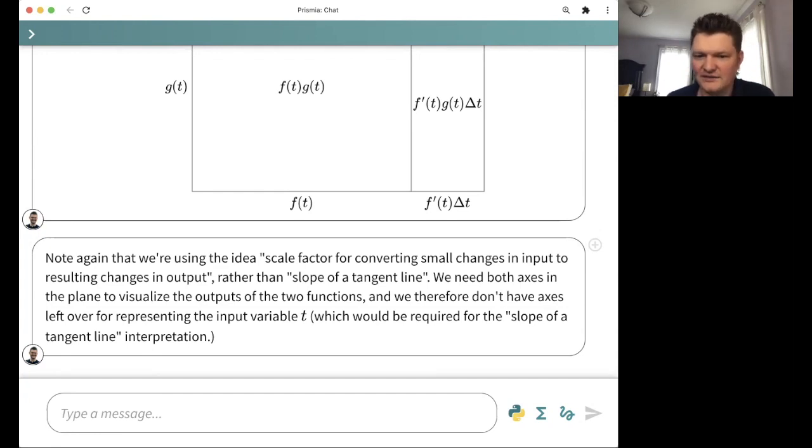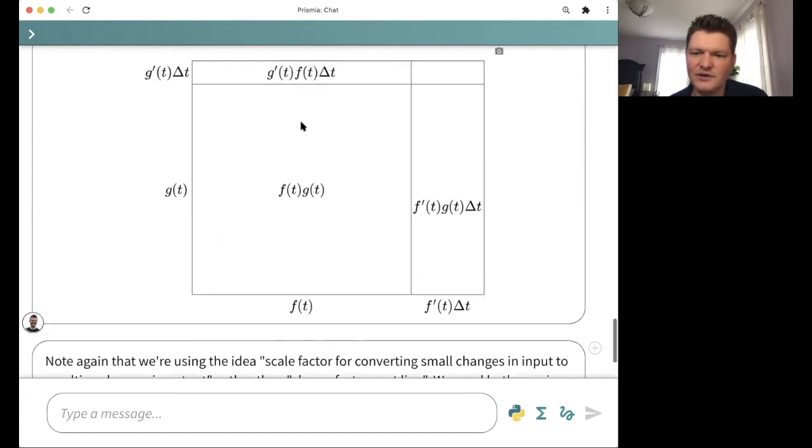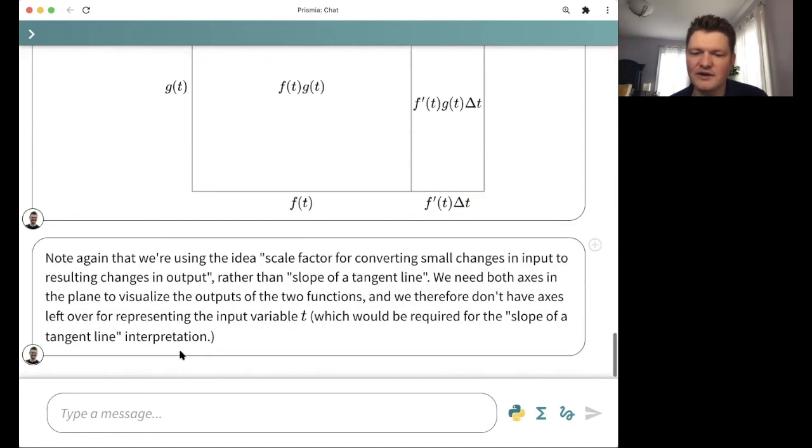If you're plotting these functions f and g and trying to plot their product, you're not going to be able to see what's geometrically useful about this picture. We had to co-opt both axes here to plot actual output values of the function, and that left nothing over to plot input values. But that's fine because we have this idea that we can change the input a little bit, sort of in our minds away from the picture,